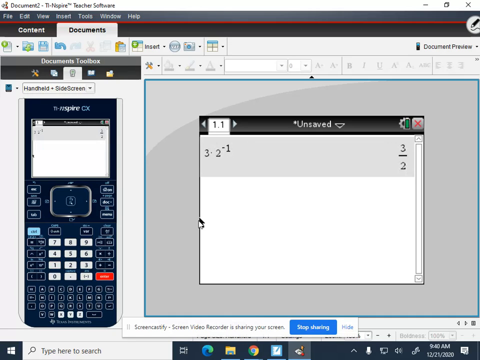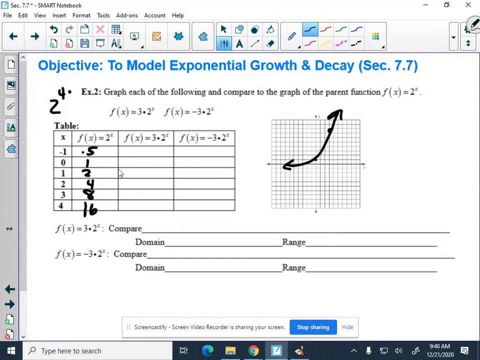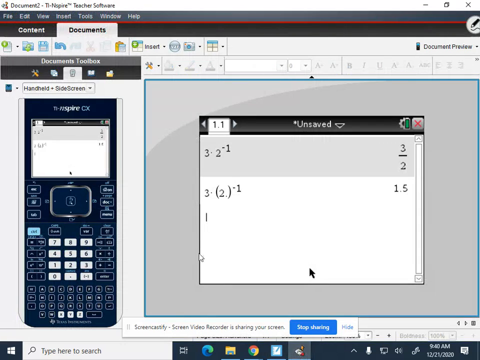Here's what you're going to see. You get 3 over 2. I'm going to make this one a decimal. I get 1.5. So in here, I'm going to type in 1.5. Next, I'm going to try the next one. 3 times 2